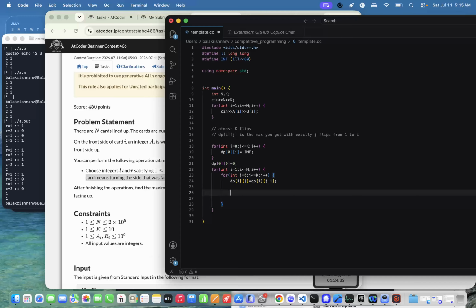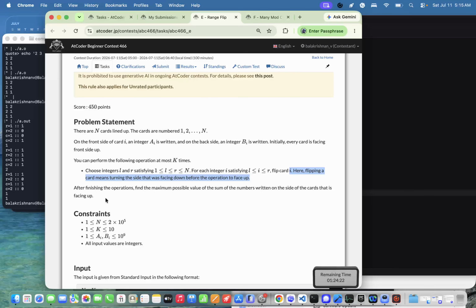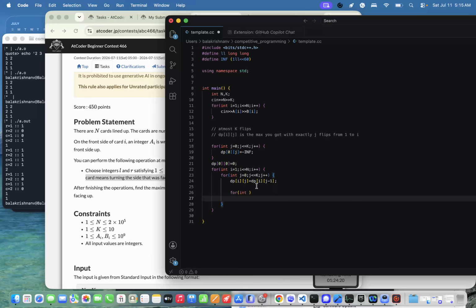Once we do this, it's the most brute force way to do it. So let's say the last card is flipped at most K times. If the last card is flipped,